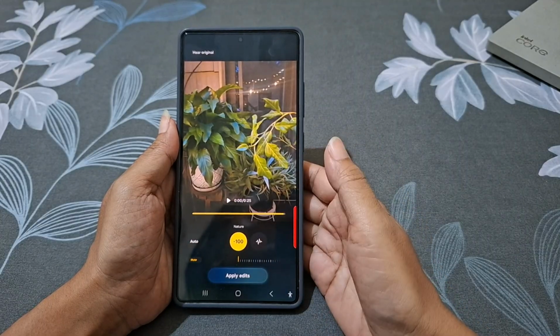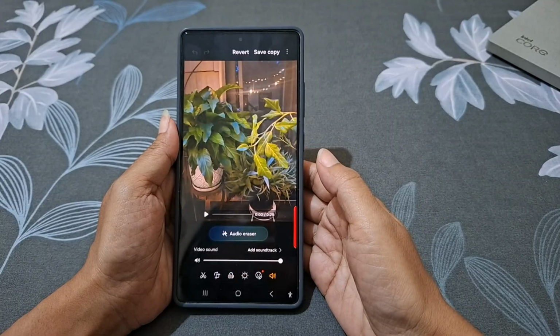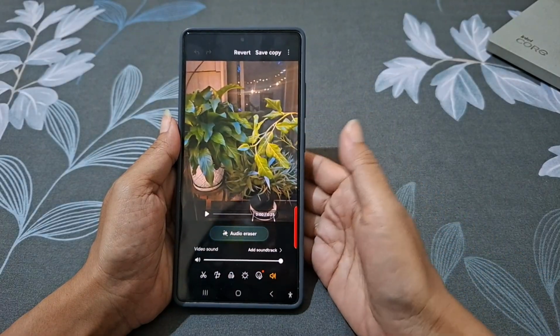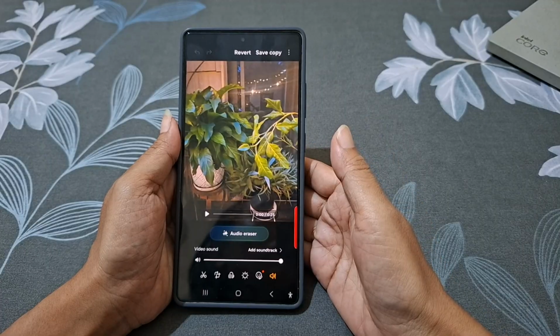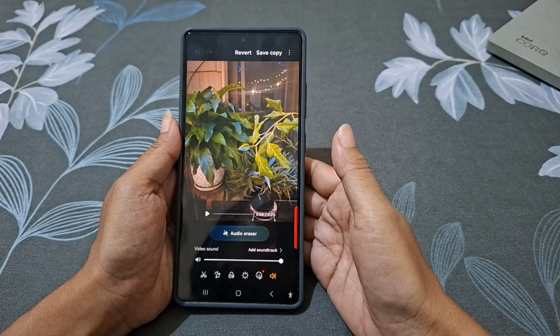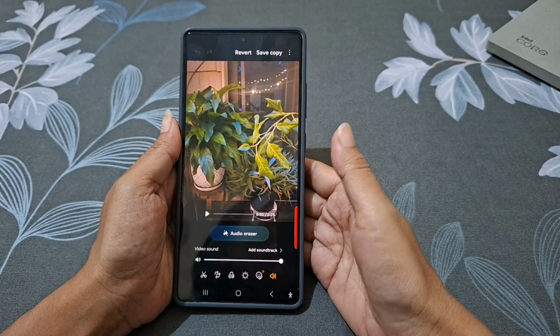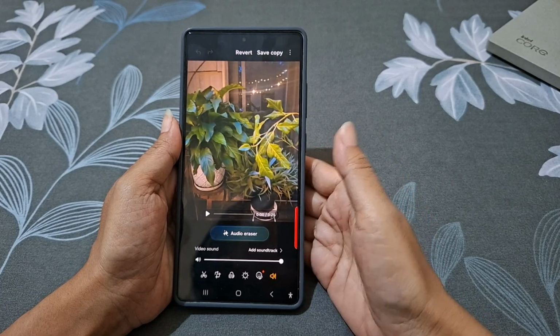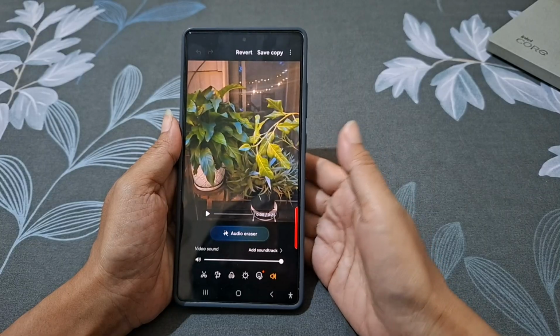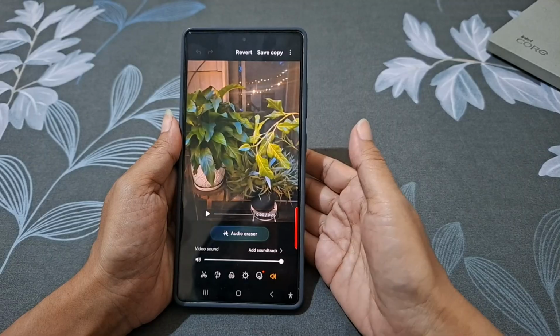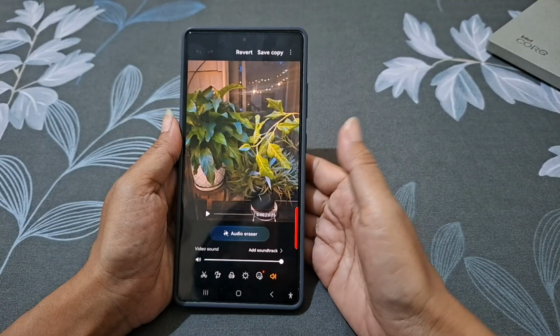When you are done, tap Apply Edit, and then tap Save Copy to save the result as a new video file. As a note, the nature option appears only if your phone detects subtle environmental sound like wind, insect, bird, or waves. It may not detect loud or dominant animal sound, for example barking or mowing, as they are treated